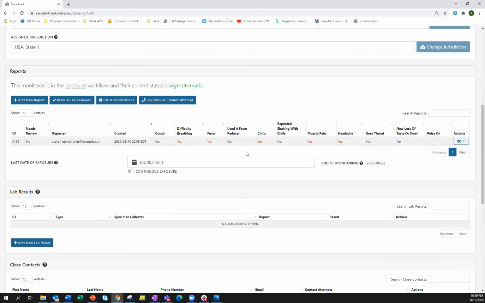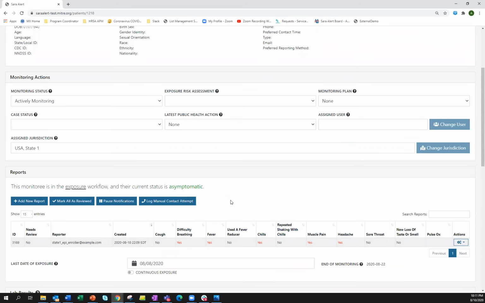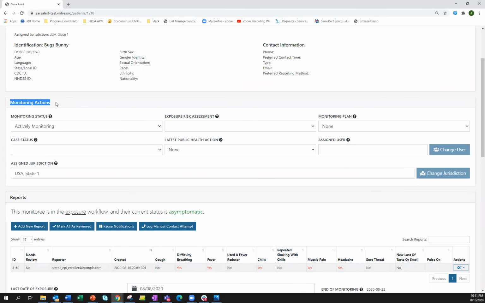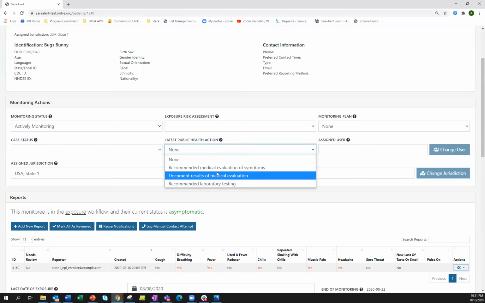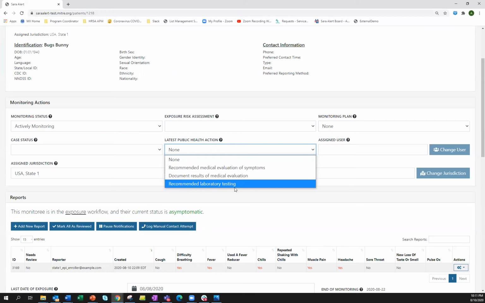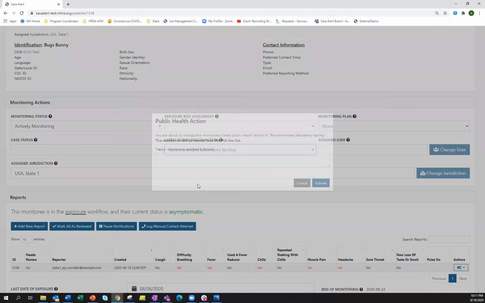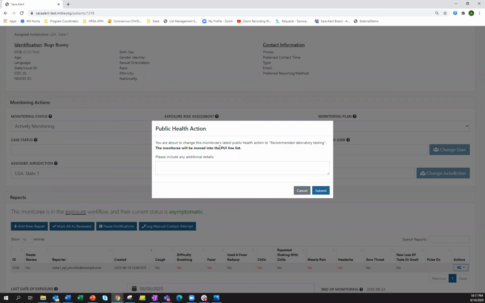Okay. Alternatively, if we were to follow up with the monitoree and determine, well, they did report difficulty breathing, fever, chills, this seems like someone we'd want to keep in touch with, right? We want to maybe recommend them for a COVID test, or for whatever reason, mark them as a person under investigation. So the way we do that is we'd scroll up here to the monitoring actions section, click on latest public health action, and we can choose what the action is, maybe recommend medical evaluation. I'll do recommended laboratory testing. And this will move the monitoree to the persons under investigation line list. So if I were to click submit,